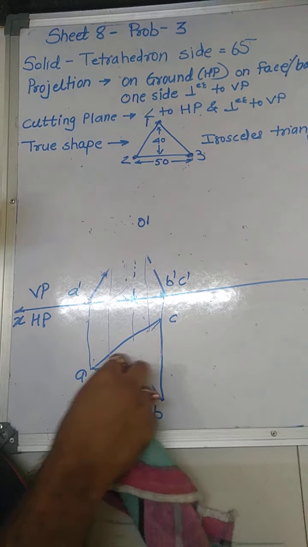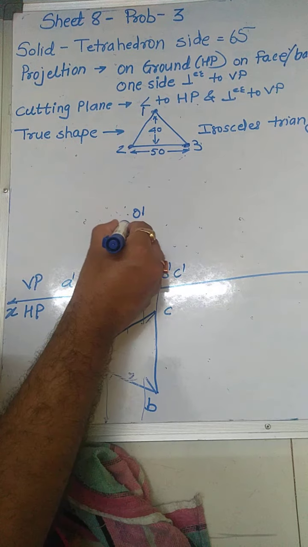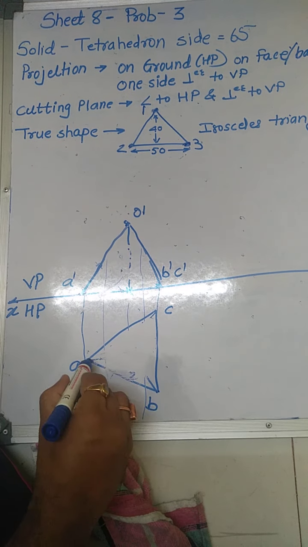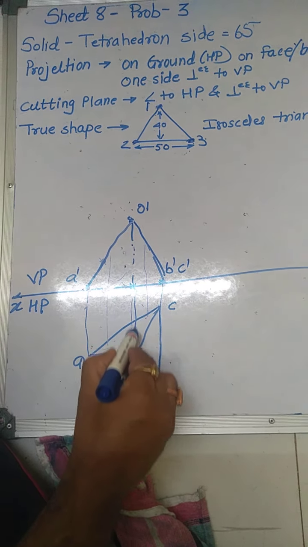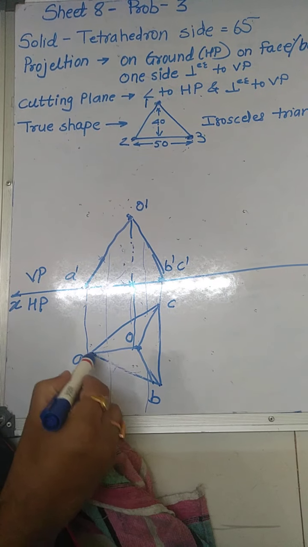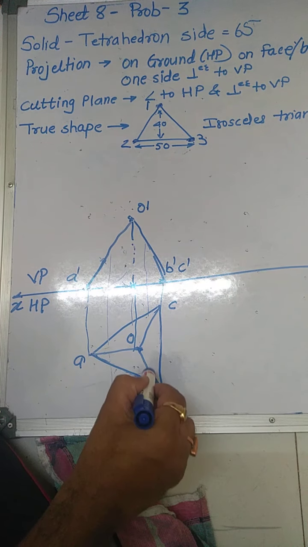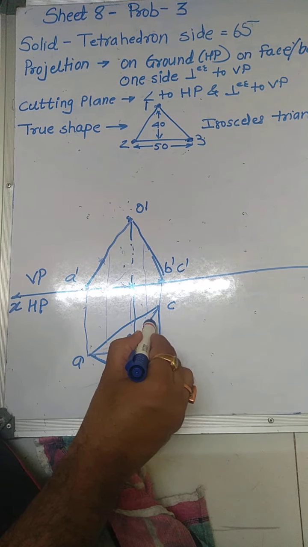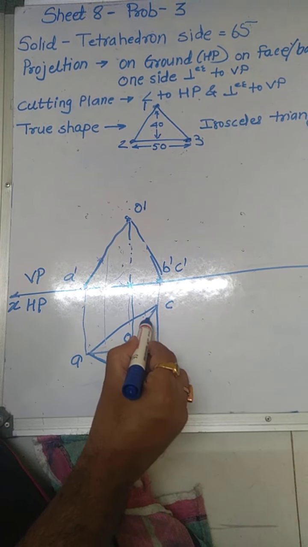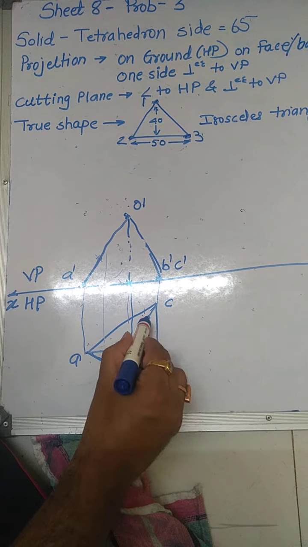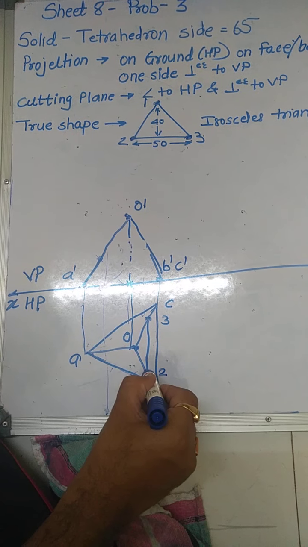Now again I am drawing. This is for checking. So first of all, what you will have to do, you will have to adjust 50 mm here as a base. So adjust 50 mm perpendicular to XY. Now mark here. You can mark 1 or 2 also. So I am taking 2 here and 3 here. So 2 and 3.